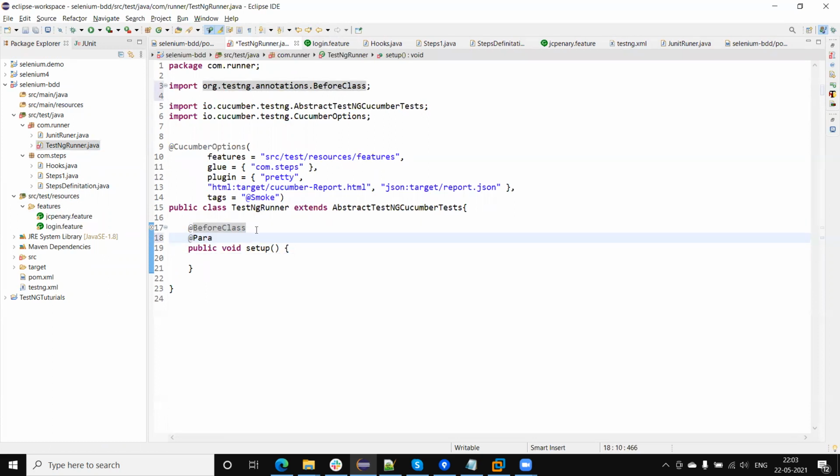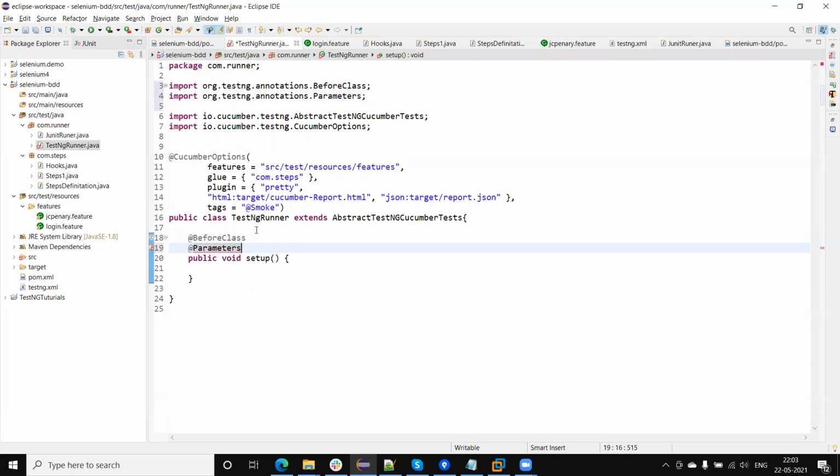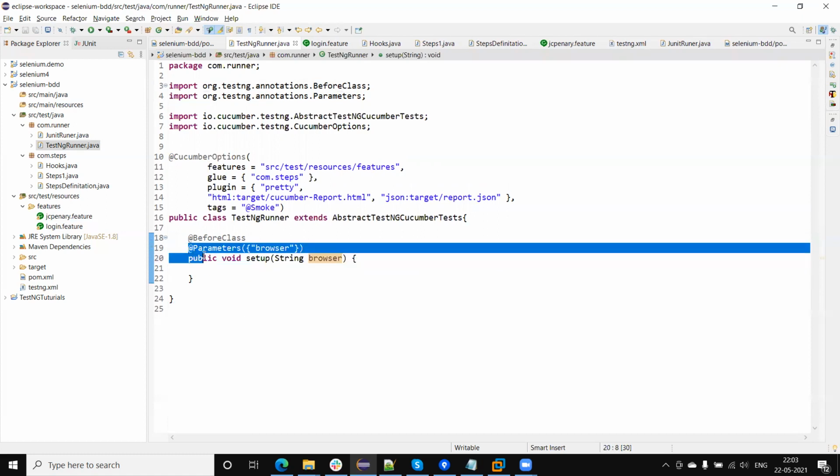So I am going to parameterize this using the Parameters annotation, and here we will pass the browser. I will pass one value, a String browser as a variable. These parameters we can pass from the suite XML file.